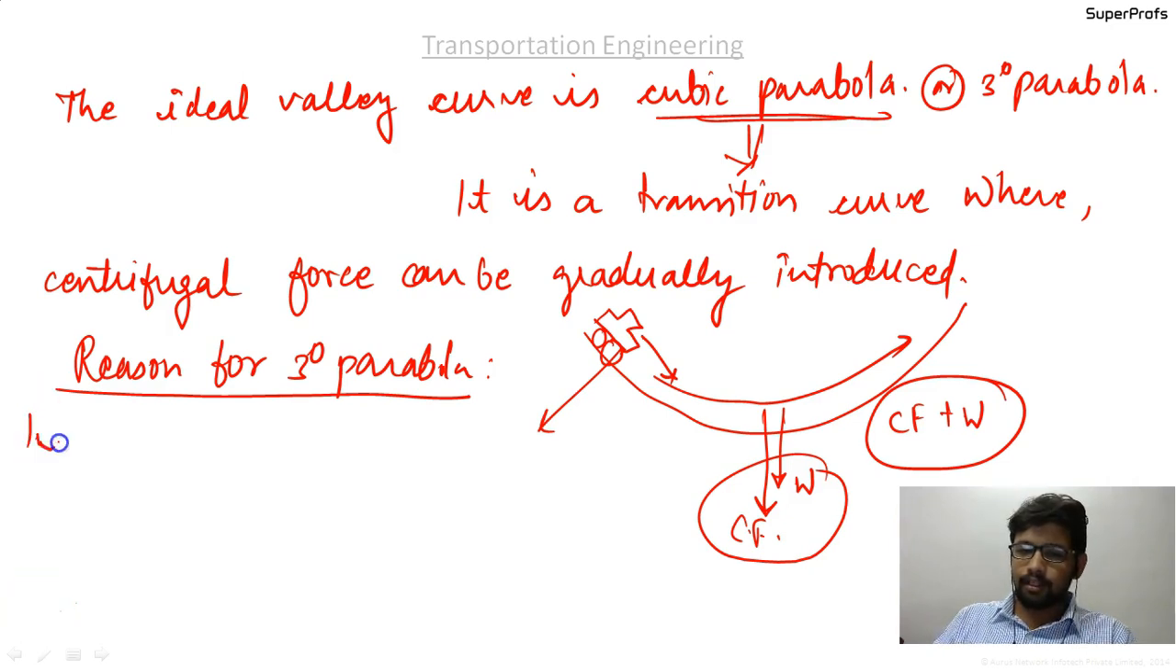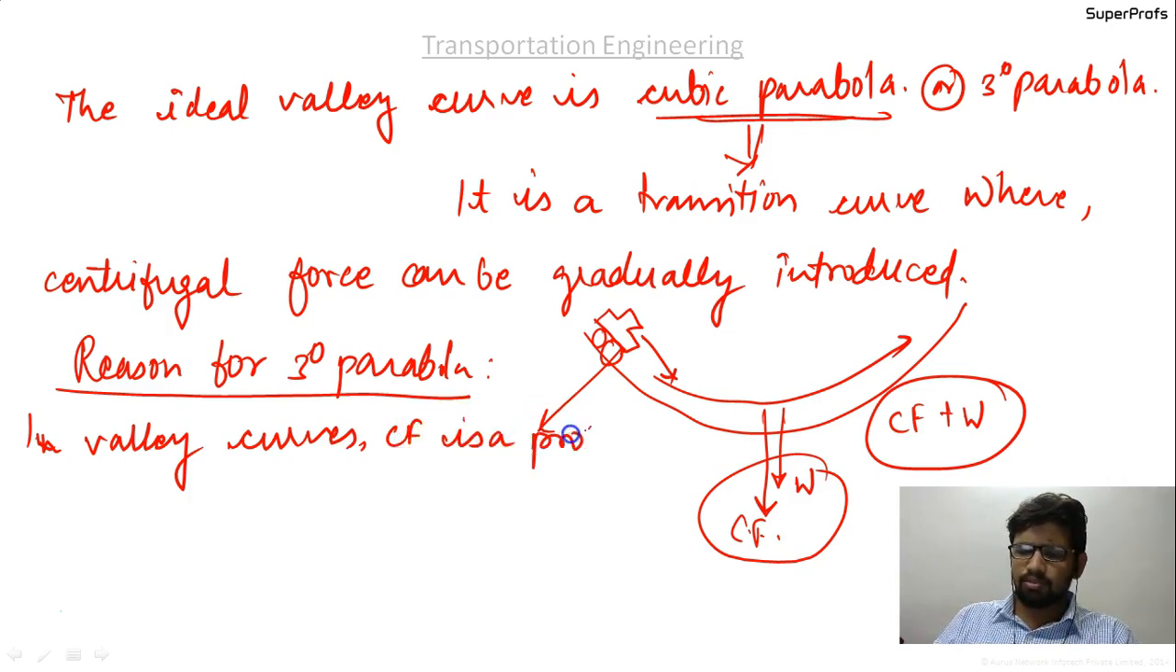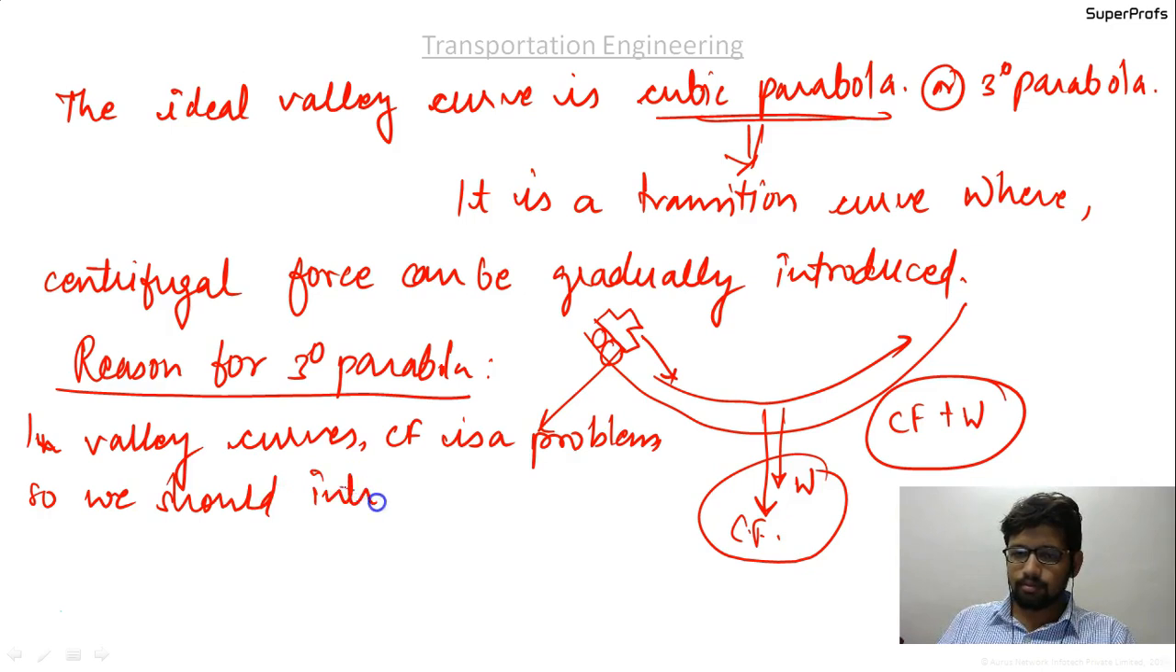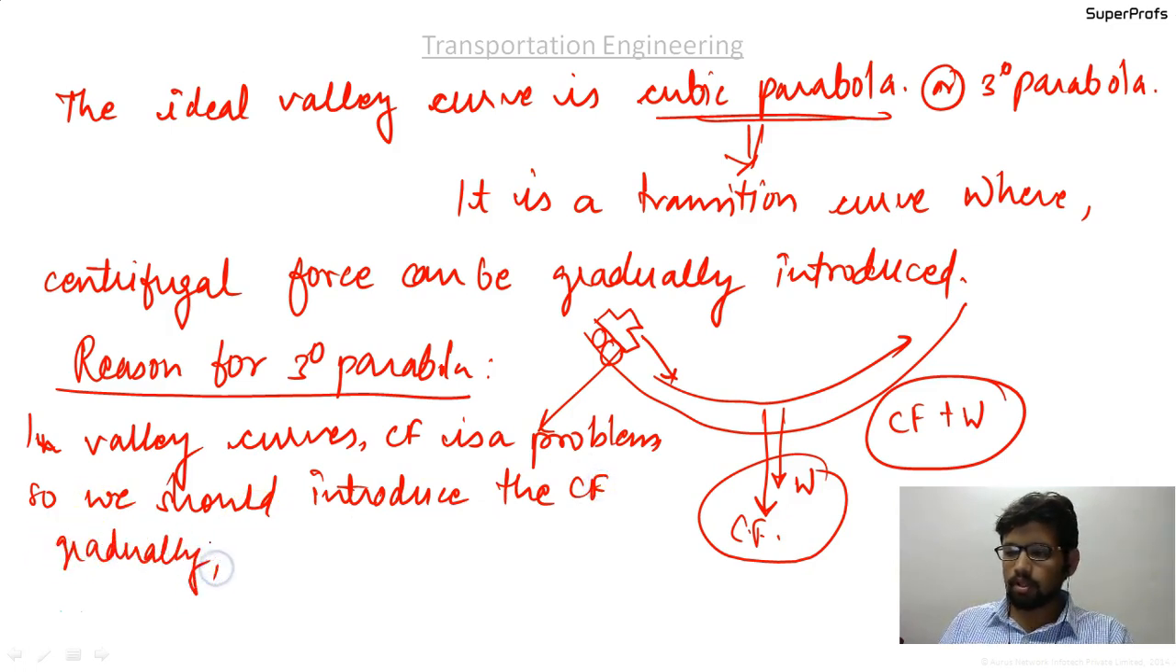Reason, you write down that in valley curves centrifugal force is a problem. So we should introduce the centrifugal force gradually, thereby providing the transition curve,